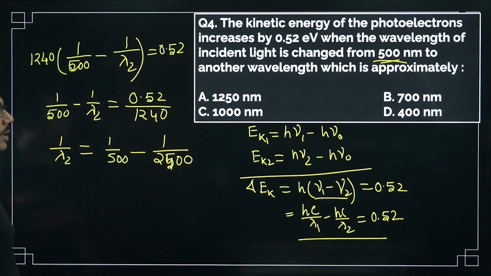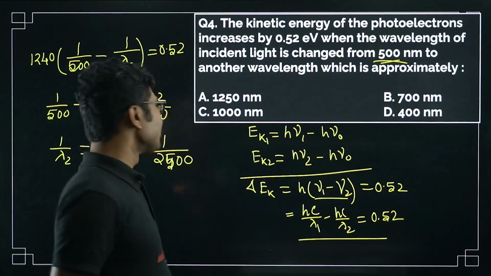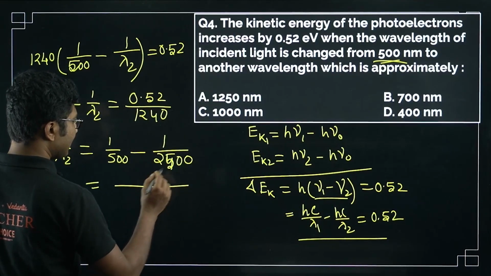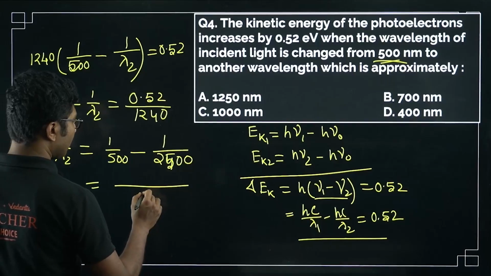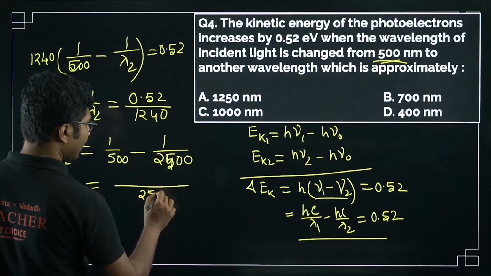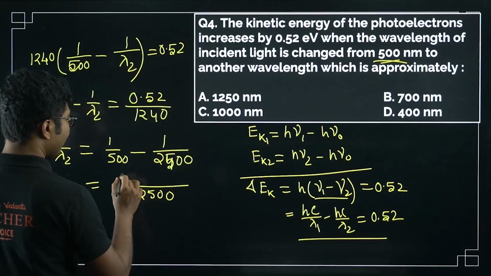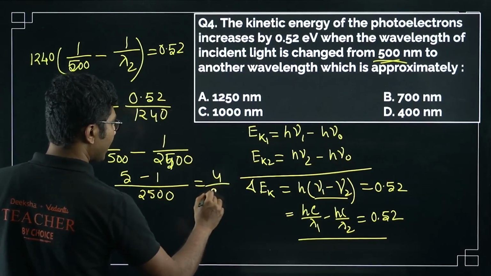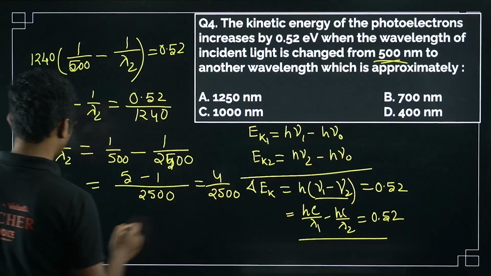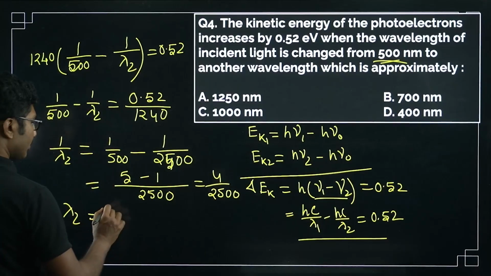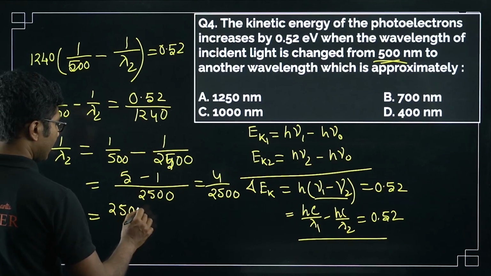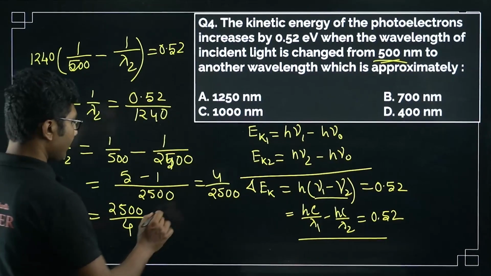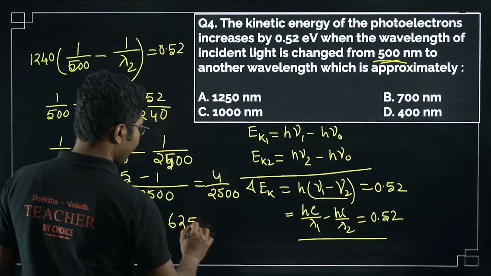It is almost double of that; 0.52 means half, so it will be almost 2500. That way I can do the LCM easily. It will be 2500, this will be 5 and this will be 1, so it will be 4 by 2500, or lambda 2 equals 2500 divided by 4, which is 25 into 25, which is 625